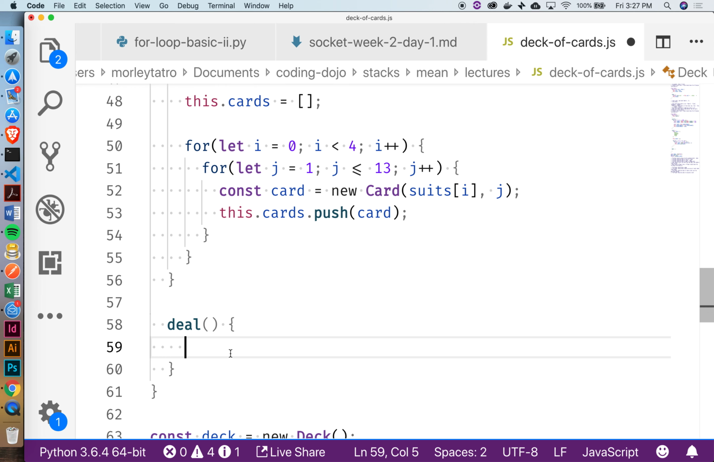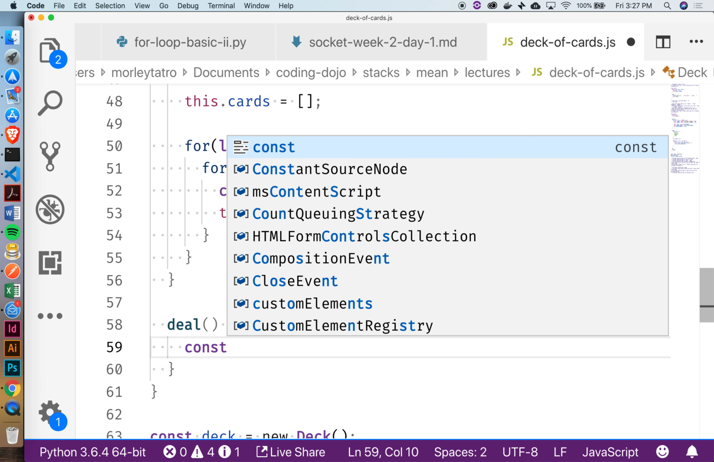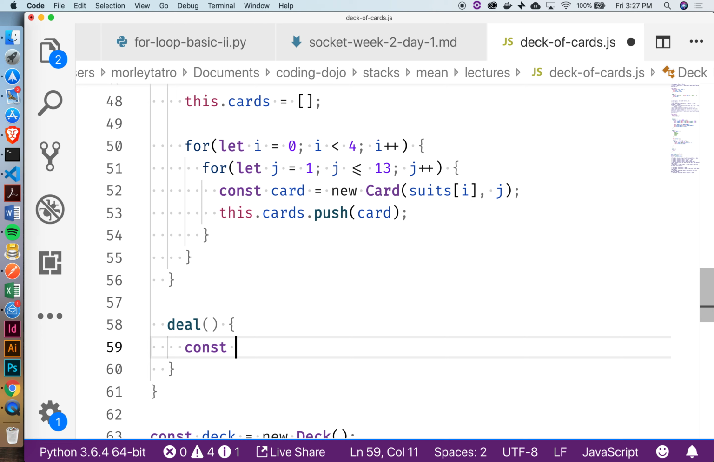And let's find a random index in the deck. The thing that we have to be careful about here is that at this point we don't know that the deck still has 52 cards in it, because we could have already dealt some cards out. So instead of just doing math.random against 52,